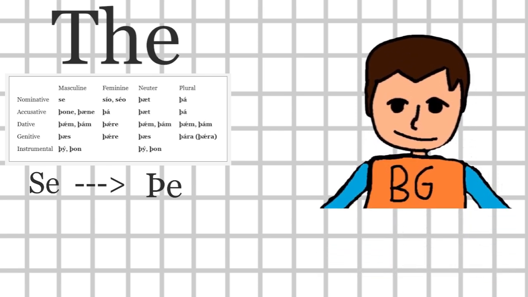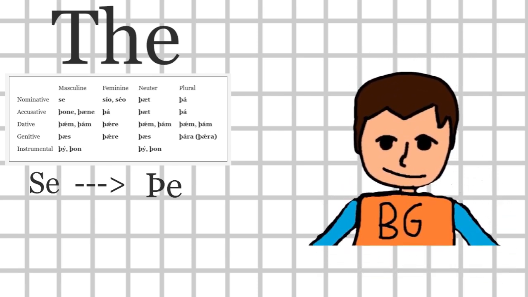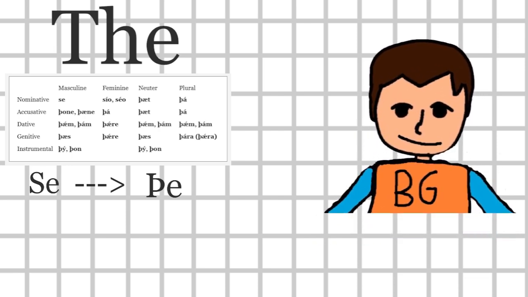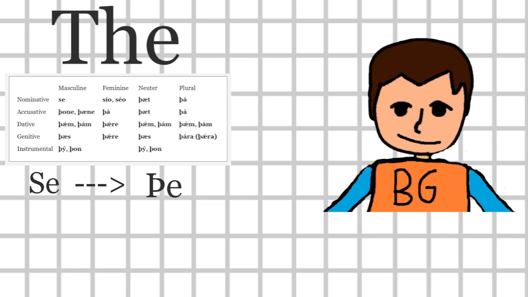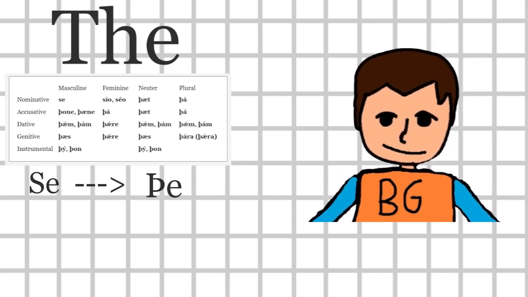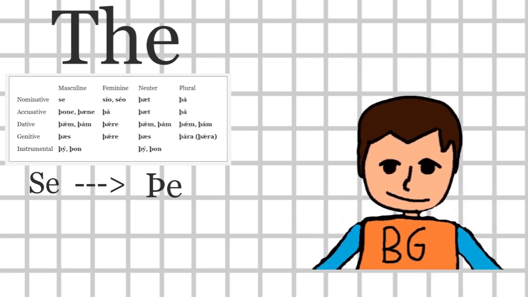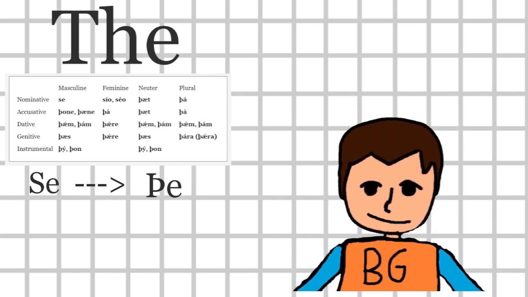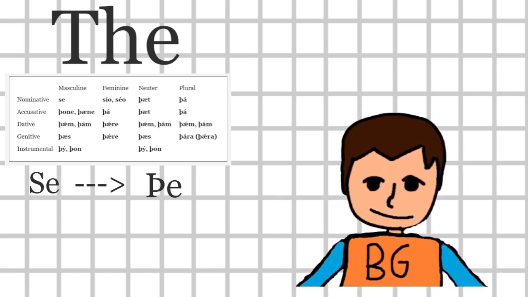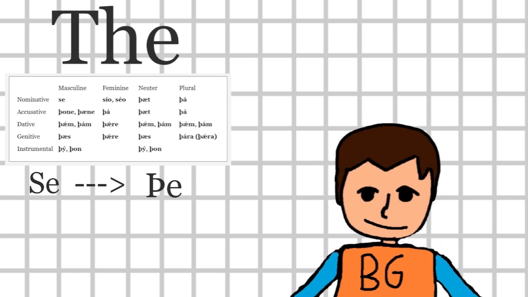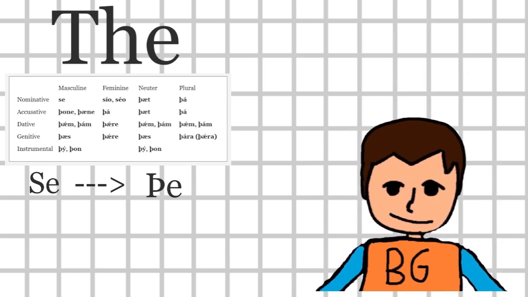But I could give my own theory here: maybe because the instrumental, genitive, dative, and accusative cases all of them started with a th, and only half of the nominative cases started with an S. So maybe people were too used to the thorn to just scrap it, so they just started using it more, I guess. So it became a the. But remember, it wasn't the, it became a the. So,